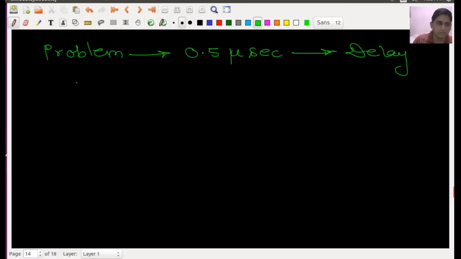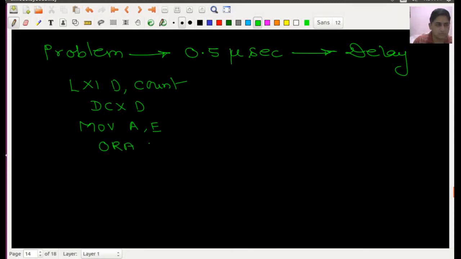Okay, so for the register pair method, suppose I'm writing the program just like LXI D, still I don't know the value of the count, so I'm writing this as count value. I will decrement the count, you know very well. And finally, because I cannot set the zero flag by using DCX D, I will take one of the values into the accumulator of this register pair, and I will perform the ORing operation with D, and then I will check JNZ L1.